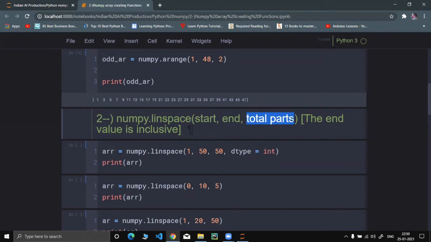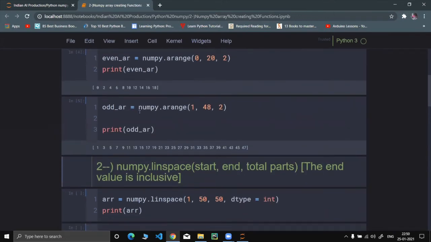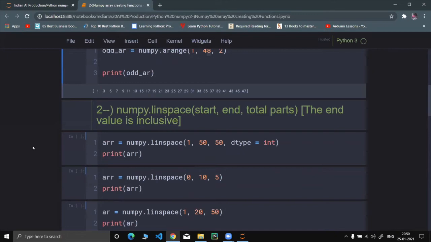Suppose we want to separate the starting and ending value into equal parts. Equal parts in the sense, suppose 1 to 20, we want to separate them into 20 parts, then 1, 2, 3, 4, 5 till 20. One thing to remember is that, compared to the arange function where we don't include the ending value, in this linspace function we include the ending value as well.